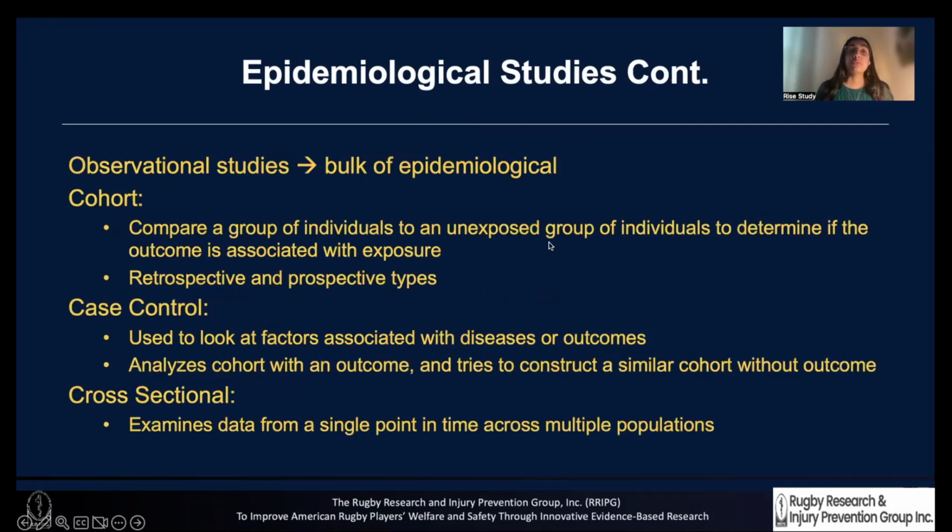We will be moving into observational epidemiological studies, which are the bulk of the studies you will encounter. There are three types of those. The first is a cohort study. This is essentially comparing a group of exposed individuals to an unexposed group of individuals to determine if the outcome is associated with exposure. There are retrospective and prospective types. Retrospective essentially looks back in time, analyzes the outcome, and tries to see, looking back in time, what factors or what variables contribute to that. While